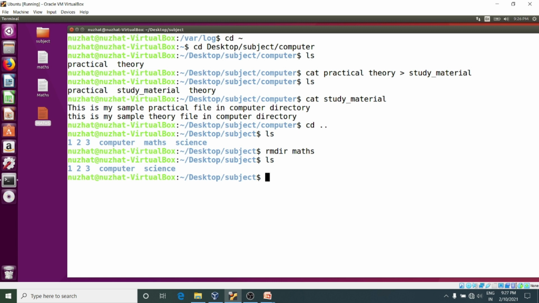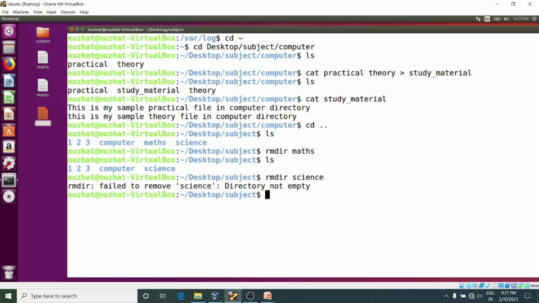It is possible to delete multiple empty directories in the same way we created them using mkdir. Just write rmdir, give space and then write your arguments. So all the directories will be deleted in that way. Remember, rmdir is useful when we want to delete a directory only if it is empty. If the directory is not empty, like the science and computer directories here that are not empty, using rmdir for such a non-empty directory will generate an error. I will show you rmdir science. So this way you will get an error: directory not empty.